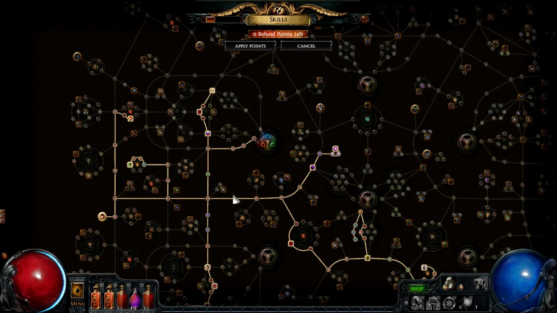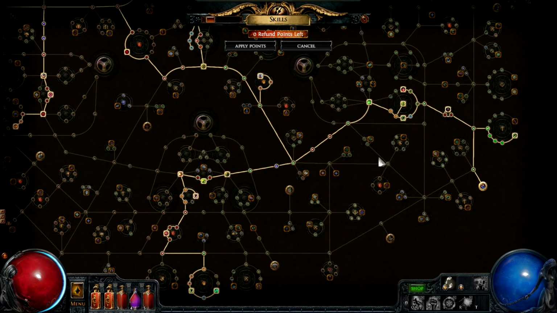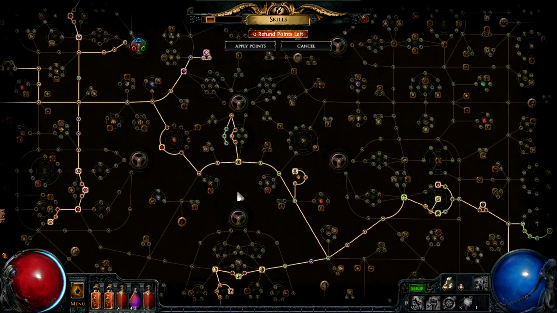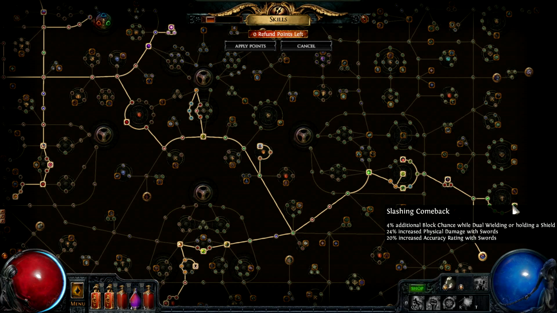The character's passive skill tree has been spread out to grab as many block nodes as possible, taking them from the starting areas of the Templar, Marauder, Scion, Duelist, and Ranger. The pathing for a build like this needs to be efficient, but maximizing its block chance is the priority. The Slashing Comeback notable passive has been allocated for that reason, even though the character gains no benefit from sword